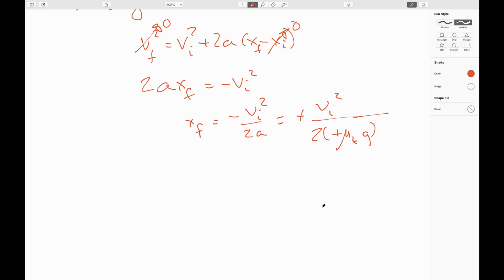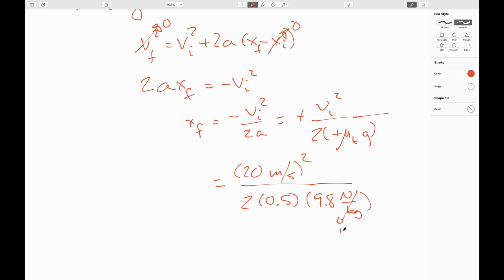All right, so sticking in our values, we will have 20 meters per second squared over 2 times our coefficient of kinetic friction, which is 0.5. Oh, isn't that convenient? It's almost as if I'd set it up that way. Times 9.8 newtons per kilogram. And we remember that newtons per kilogram are dimensionally meters per second squared. So when I squared the 20, you have to square the units too. So this will be 20 squared, meters squared over second squared. So my second squareds cancel and I'll lose 1 power of meters. So sure enough, I'm left with meters and I have